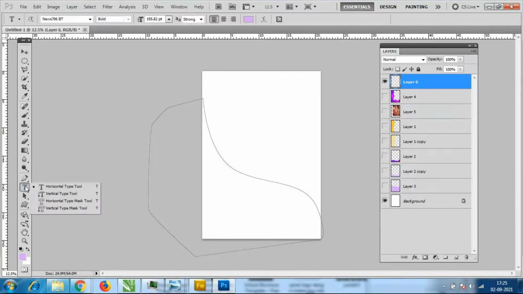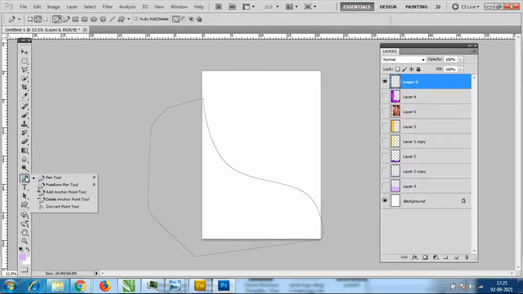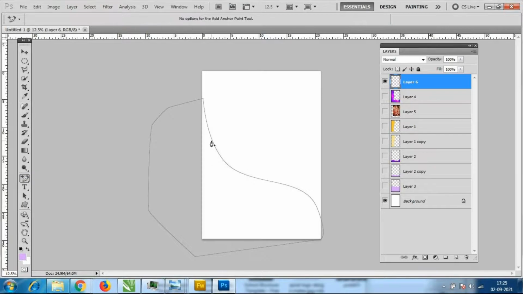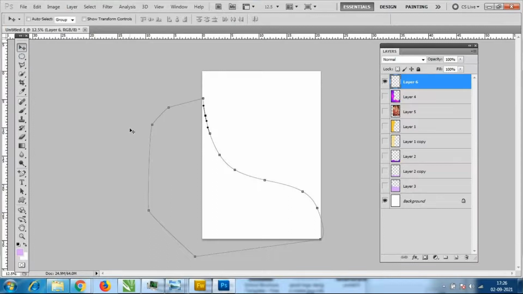So what I will do, I'll go to the add anchor point tool. So I'm adding this point wherever I want, with the add anchor point tool. I'm adding too many anchor points. So if you do a selection like this and go to the other layer, it will not show.